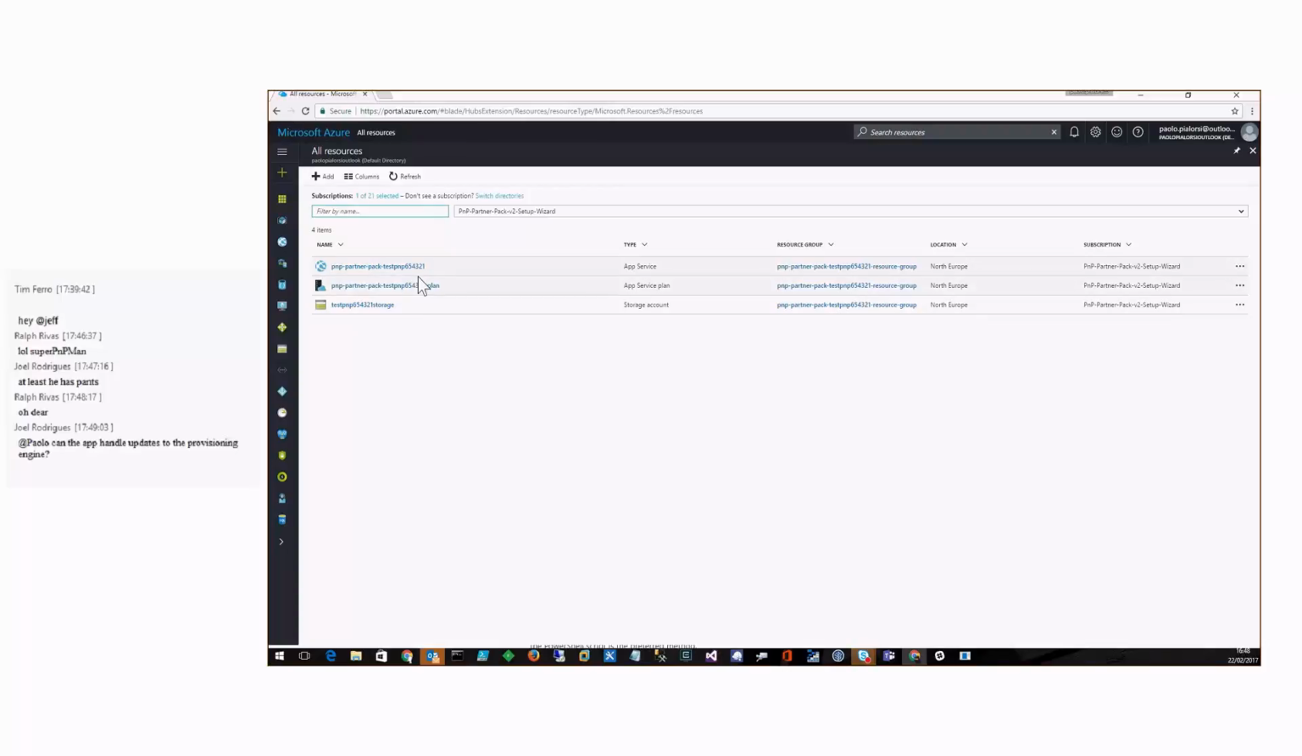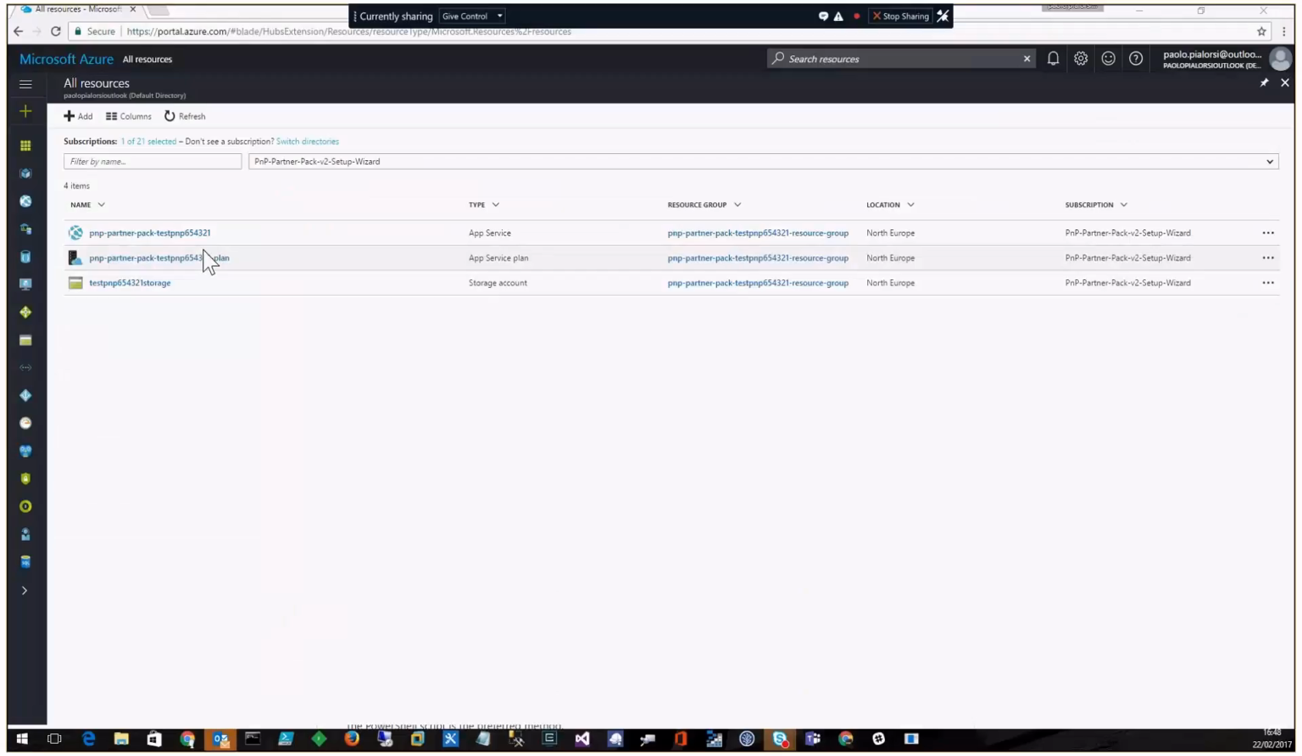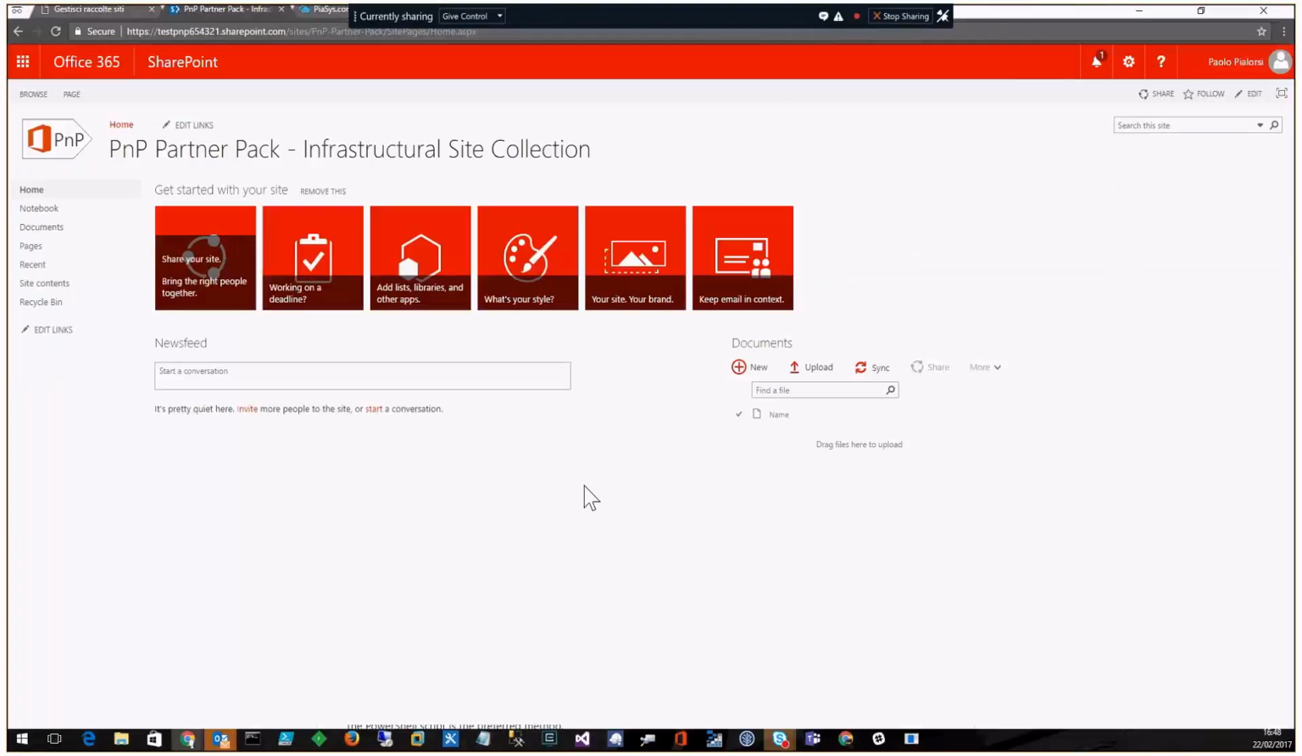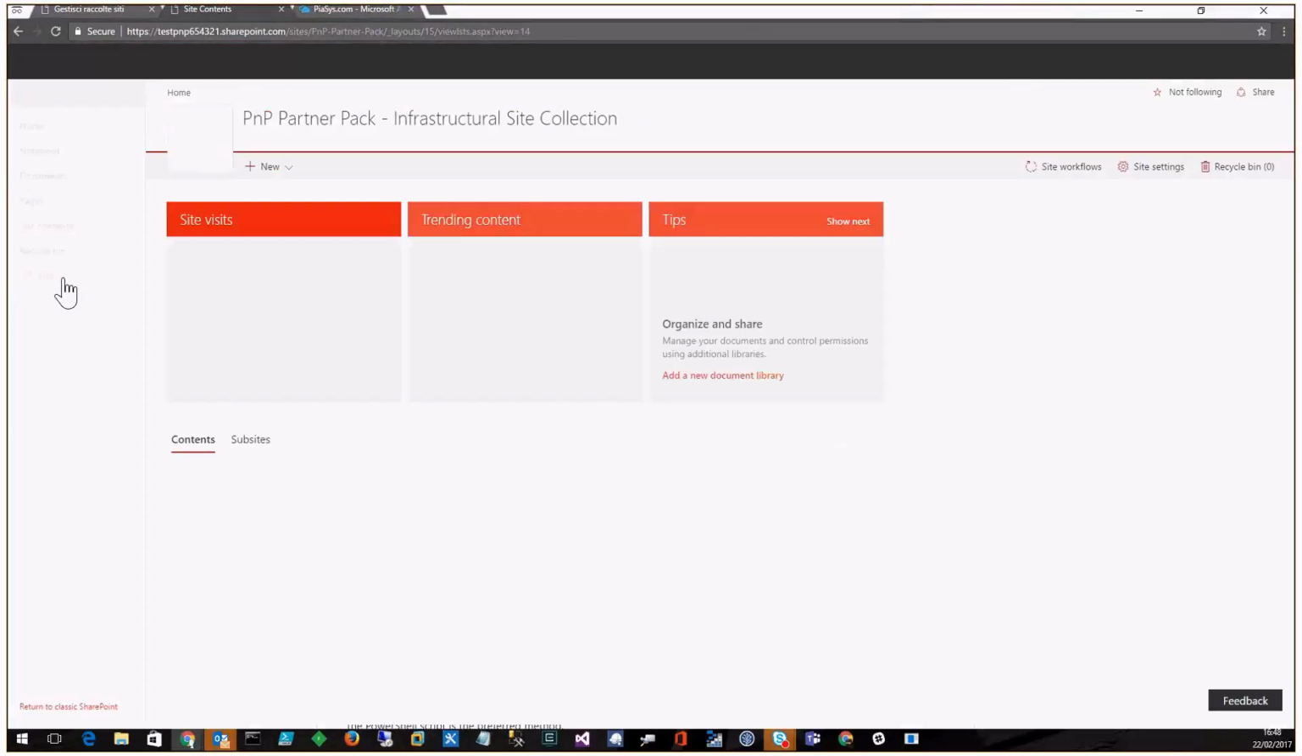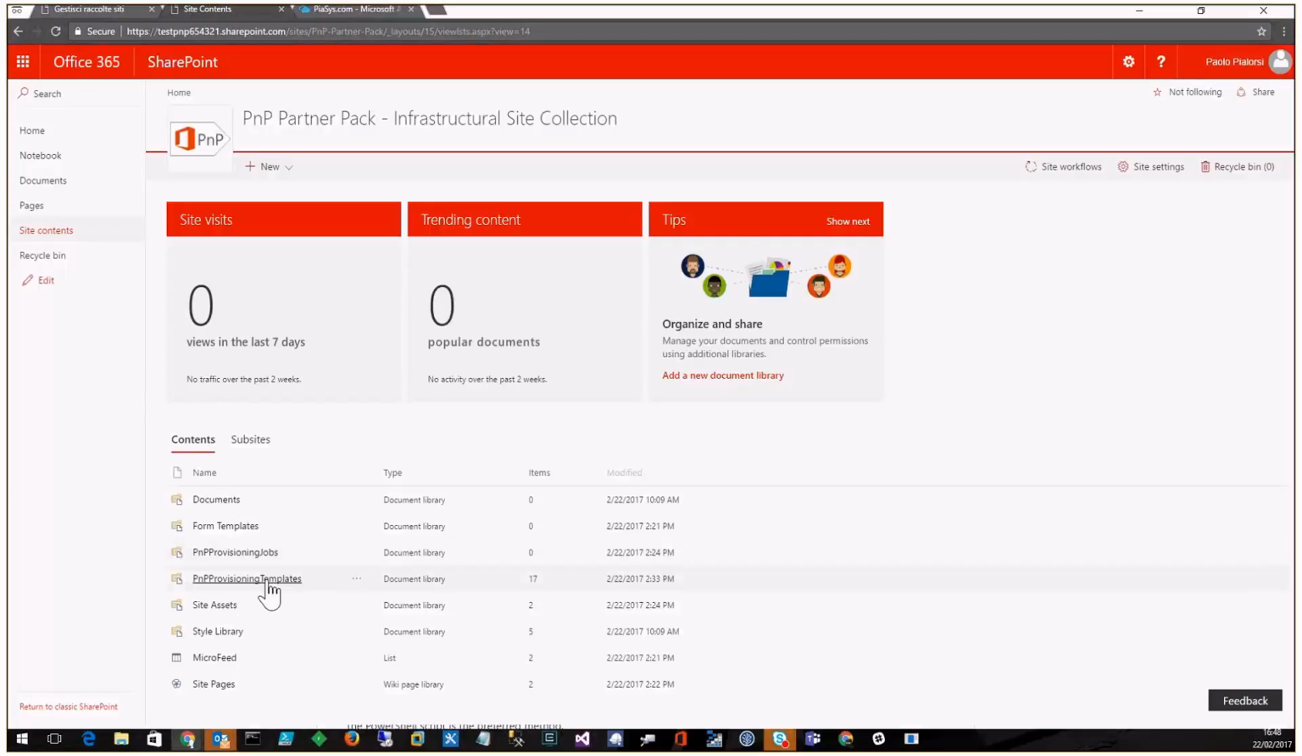On the other side, in the infrastructure site collection, of course, we already have the libraries that we need to store the templates, the provisioning templates, and the jobs. And if we go to the Azure AD tenant, which sits under the cover of our Office 365 tenant, I will be able to show you that